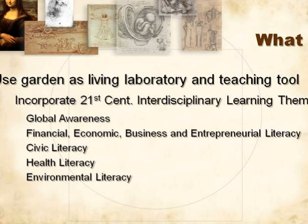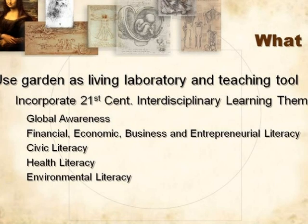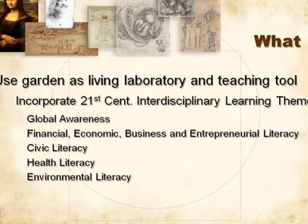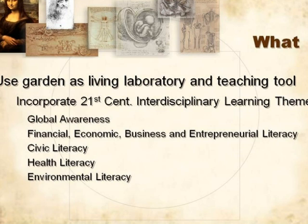With the assistance of the garden committee, teachers and students will use the garden as a living laboratory and highly integrated teaching tool. In addition to the benefits of hands-on, kinesthetic, and experiential learning, students will gain exposure to the aforementioned 21st century interdisciplinary themes. Lessons will incorporate visuals, experiments, high levels of student participation, and seasonally appropriate garden development in order to enhance student